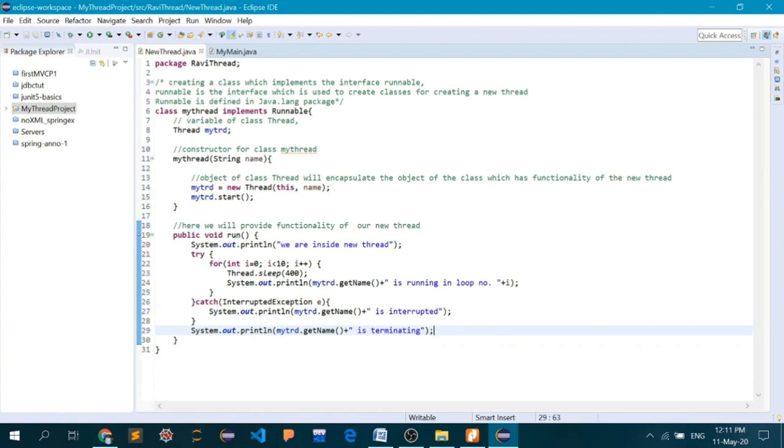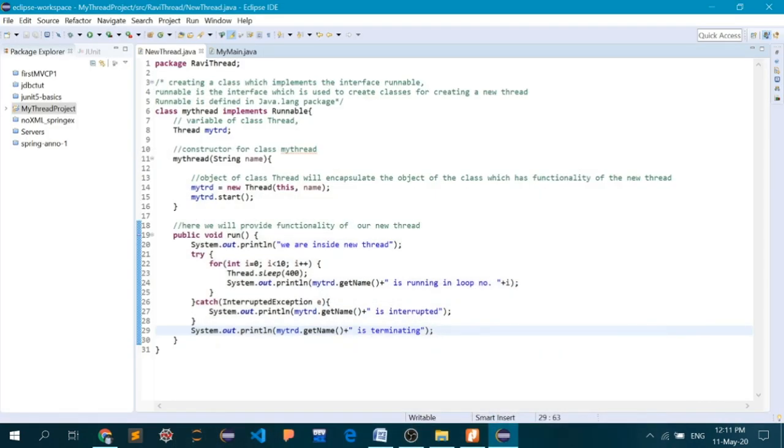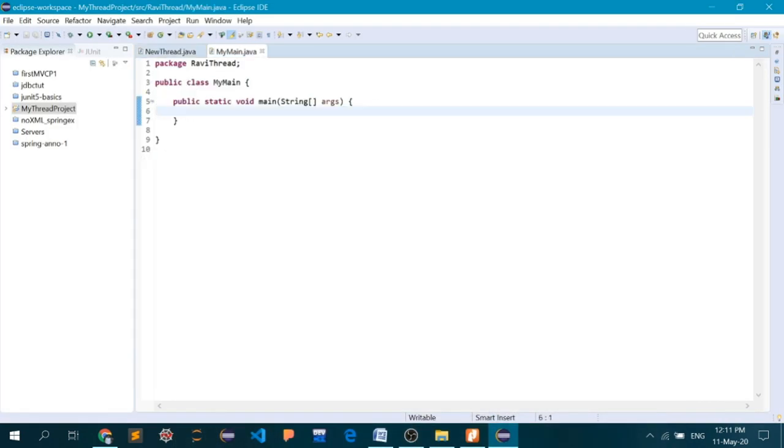Now all we have to do is try to use this class in our main class. Okay, so I've already created a class in which I've created a main method. So let's try to implement that.